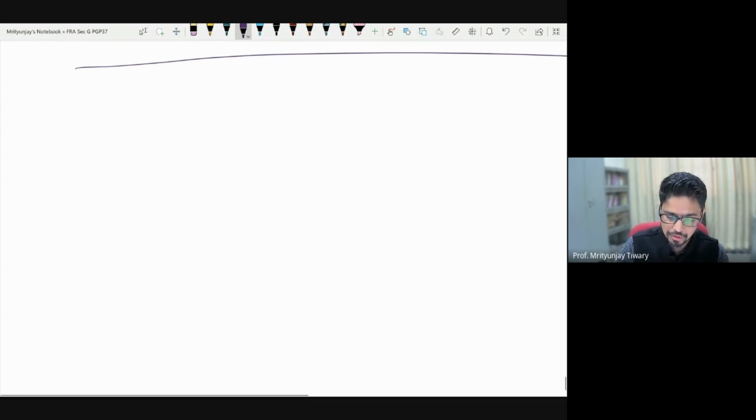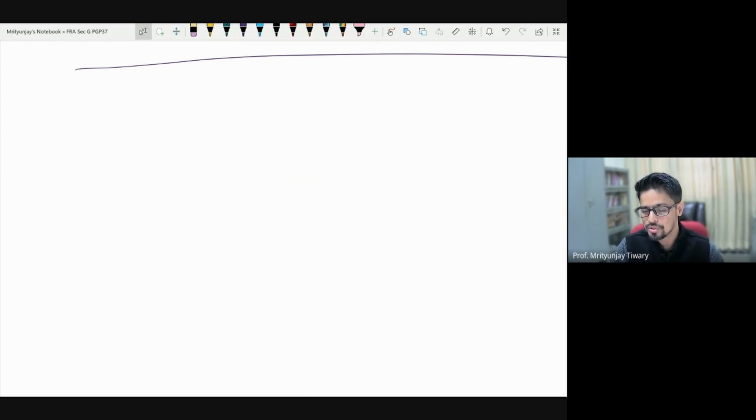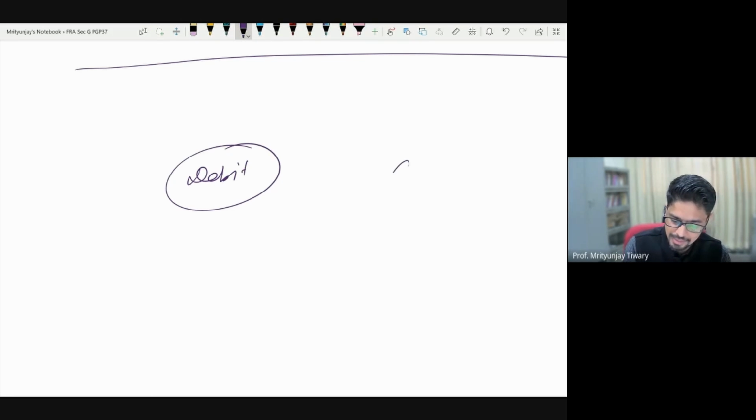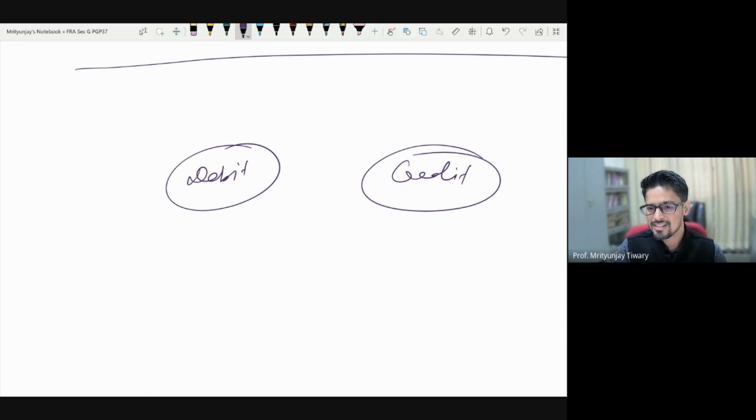I am going to introduce 2 more jargons to you. The most dreadful jargons that you may come across ever in your life are a phrase called debit and a phrase called credit. Suddenly, some of you might have started thinking, here it gets complicated. No, it will not. You just pay attention, and even here it will not get complicated. Okay. What do we mean by debit and credit?